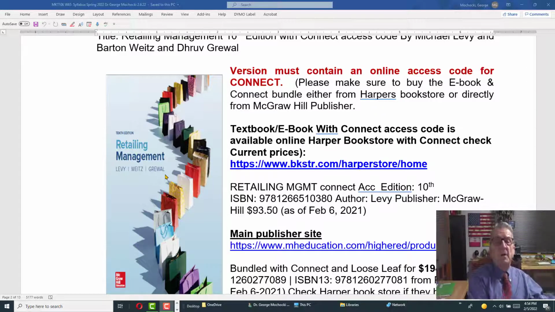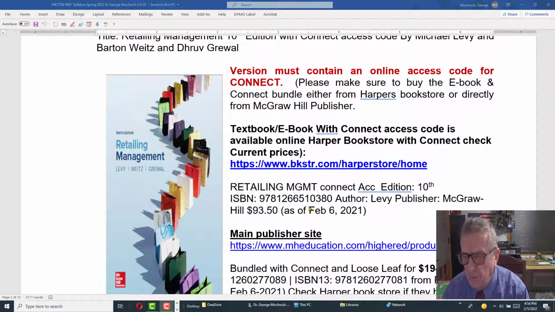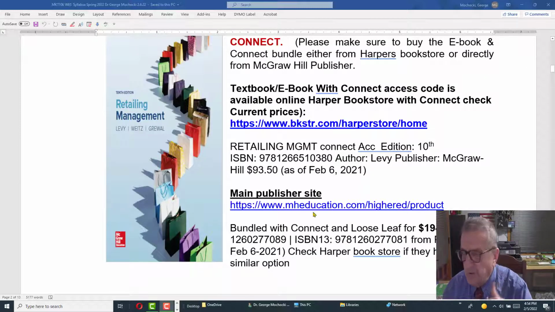It's a loose leaf book. It comes with a McGraw-Hill Connect. Or you could buy an ebook that costs you a little bit less or more, I don't know what the prices are. So it's $94 with the loose leaf, $194, but you could get away with the ebook, the electronic version, and you have access to that, I think, for 6 months before it goes away. That's how they make the money. It's like a subscription. You're just subscribing to the ebook.